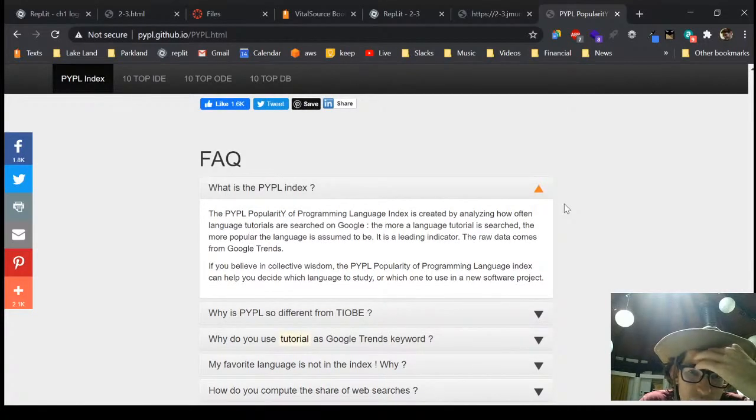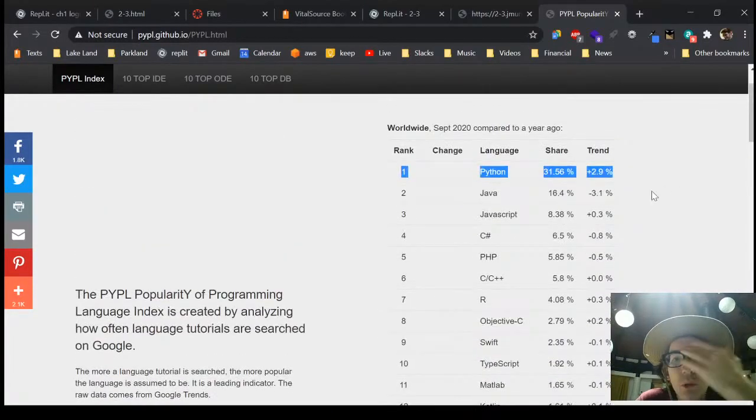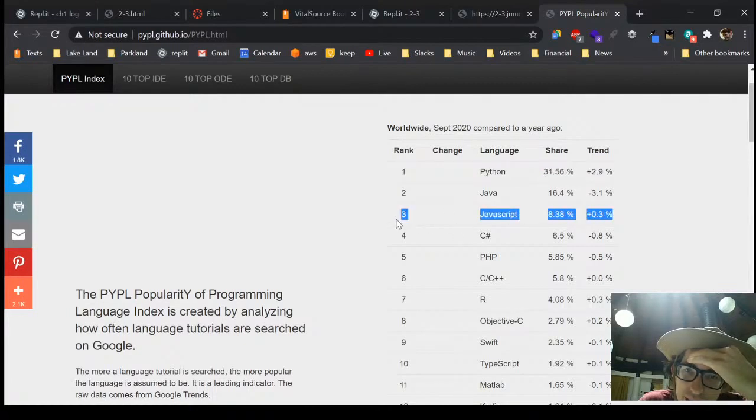Oh, how language tutorials are searched. Okay. So this is all what languages have been searched the most. So here for this class, JavaScript is number 3. Some of you might be in my Python class. If you're not,